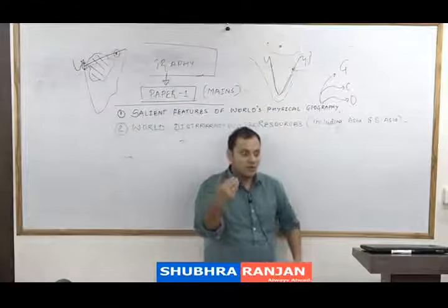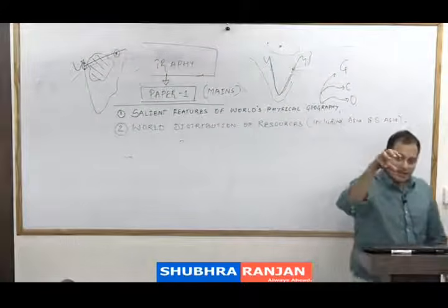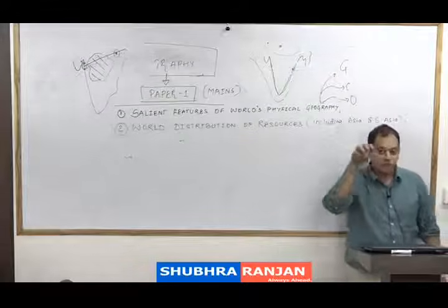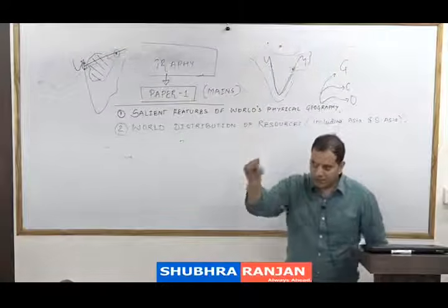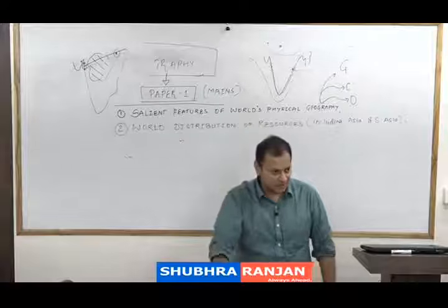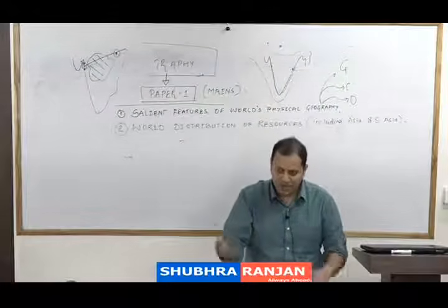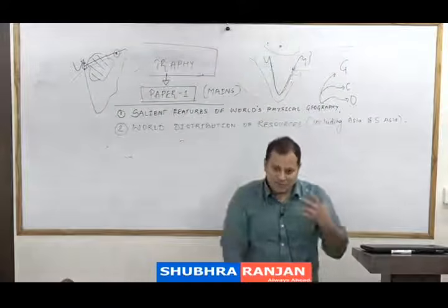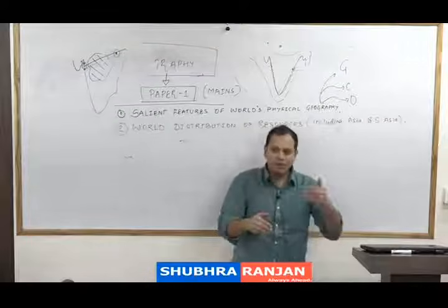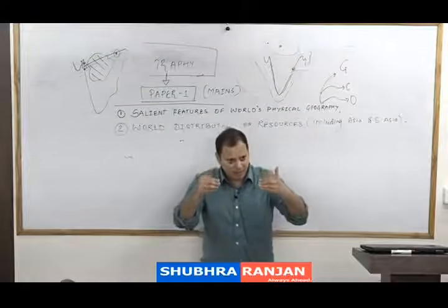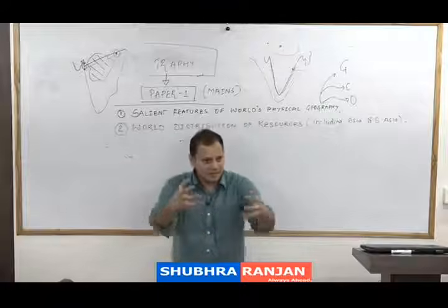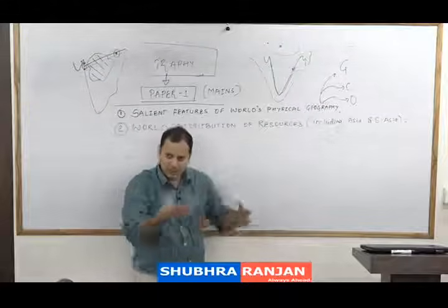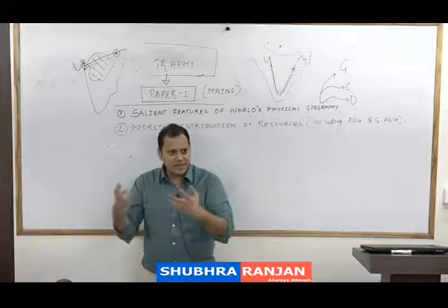Just for your example, apply this to farms. If the government is successful in doubling the farmers' income, which is around 50% of our population, farmers' income will increase. As the farmer income increases, they will become more scientific. Because they become more scientific, they will start buying tractors, agriculture equipment or machinery, fertilizers, pesticides,